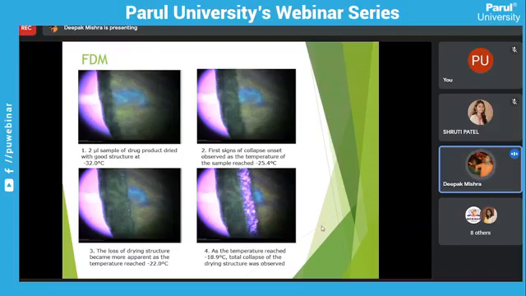I take a 2 microliter sample of drug product, a peptide molecule in a water formulation, dried with good structure at minus 32 degrees centigrade. So this is the beginning of FDM. This is my molecule. The left side is a blank screen and the right side is my product. You can see at first, minus 32 degrees, it is safe.